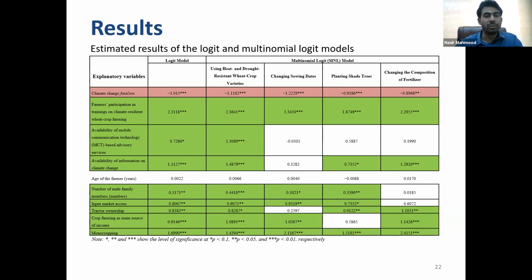Then there is the variable of tractor ownership. Farmers having tractor ownership are more likely to do the adaptation as compared to those farmers who don't have these types of implements and also the tractor. Then the second last variable is crop farming. Farmers who have crop farming as their only source of income, and farmers who cultivate only one crop per year, are more likely to do the adaptations against climate change, because these farmers are more conscious and vigilant about the changing climatic conditions and also adjust their farming according to these changing conditions for sustenance.